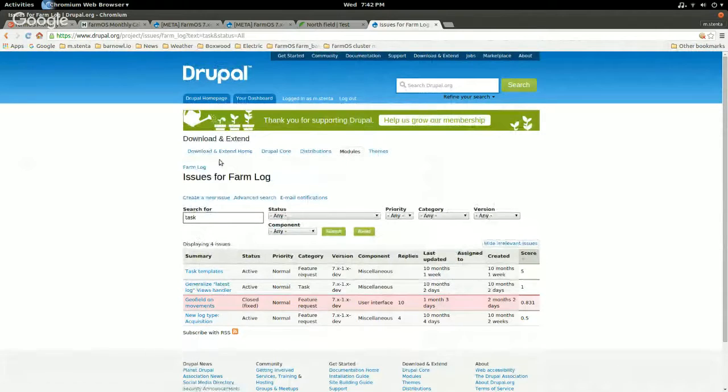Maybe it's under farmOS. Well, basically, we have a feature request already for the concept of task assignment, so that you can assign tasks to certain people, and those people would be notified of the task that they need to do, so that they can then have their own to-do list, essentially. So you can kind of create,